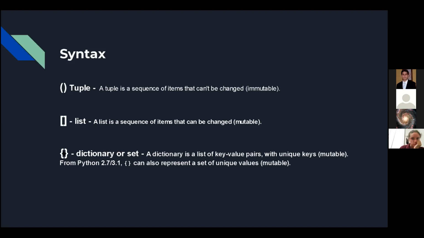That's why I put it like that, because it's the brackets, right? That's how you call it a dictionary or a set. But the difference between a dictionary and a set, and I'll show you an example later, is that a dictionary has a key and a value, right? So they go in key-value pairs, and they're mutable. So you can change them, right? You can change the key, or you can change the value independently at the same time. However you program it, you can come up with the code.